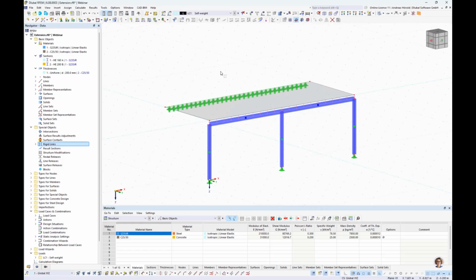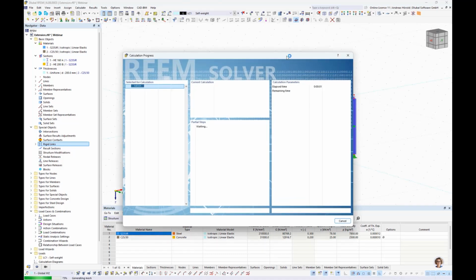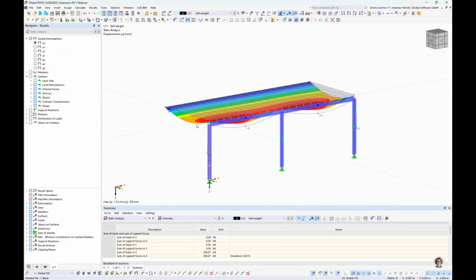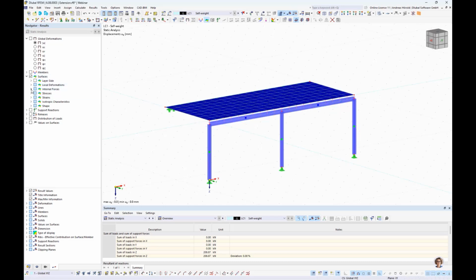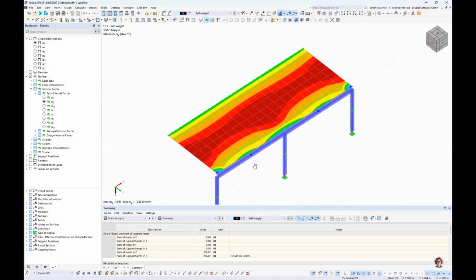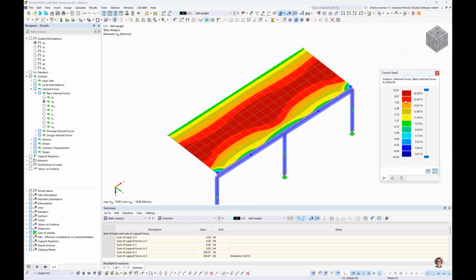So, and now we can calculate the model the first time. So now it calculates, that's good. And you can see in the surface internal forces my, I move the control panel to the screen, that there is a hinged connection. Also here it's clear, and also here. Okay, so